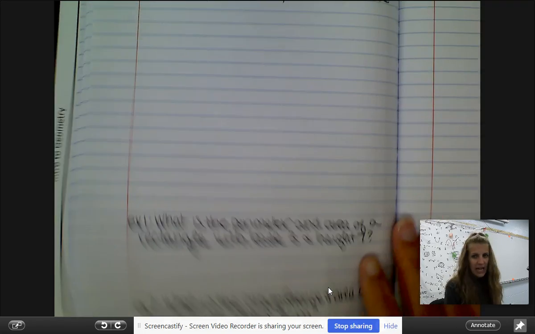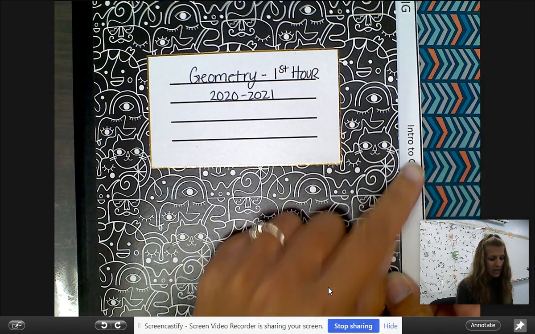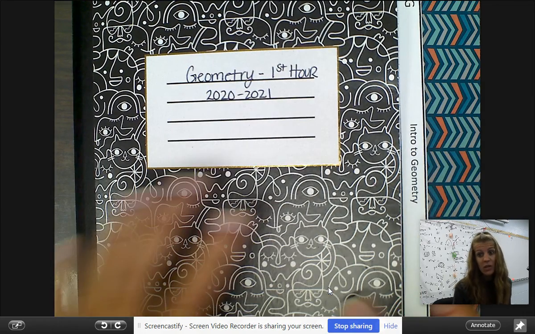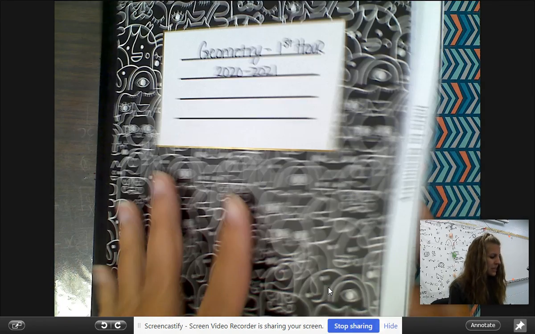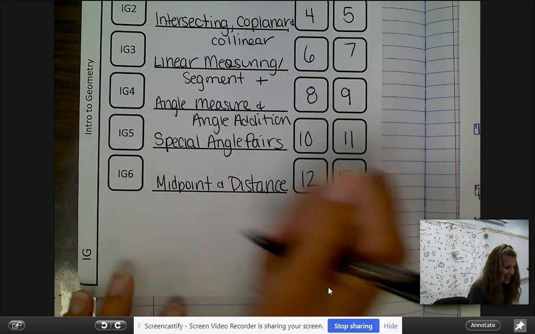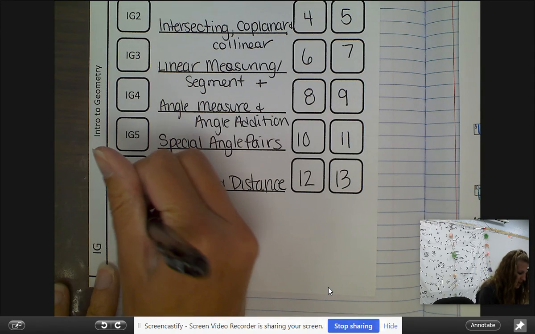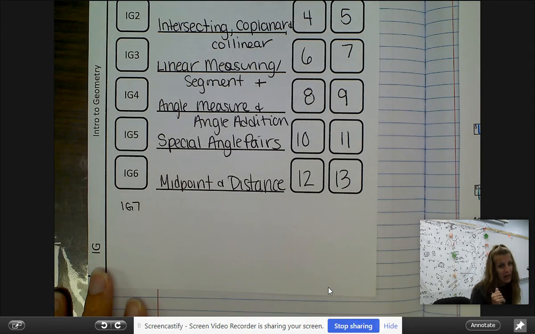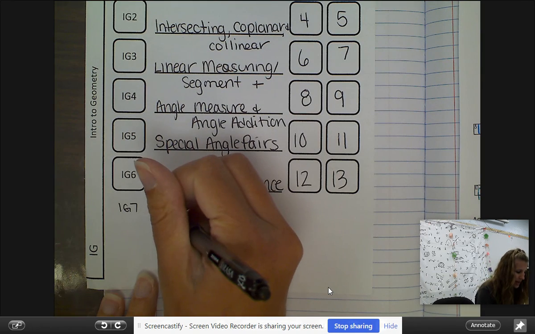Alrighty guys, so we're going to add to our notebook today, actually the last topic that we're going to talk about in our introduction to geometry. So test coming up soon. So in our table of contents, I goofed up and forgot a line. So we're going to add another line. So if you want to put IG7, so Intro to Geometry, our 7th topic, we're going to be talking about